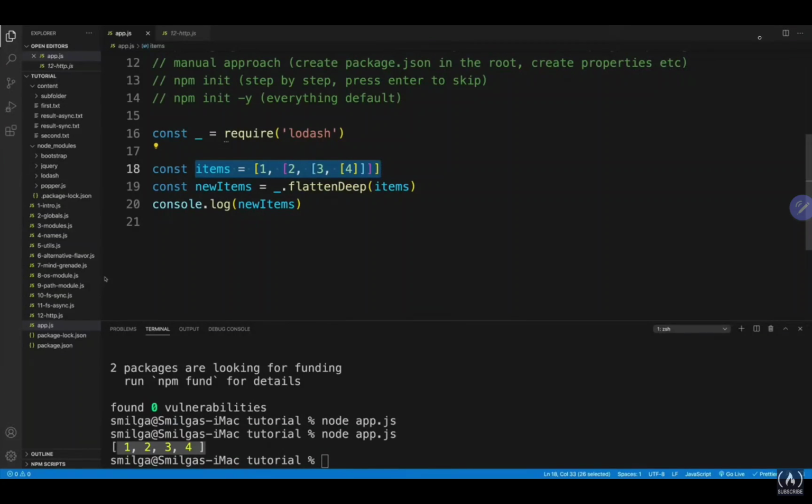Now, we're not going to use Bootstrap in this project because that would